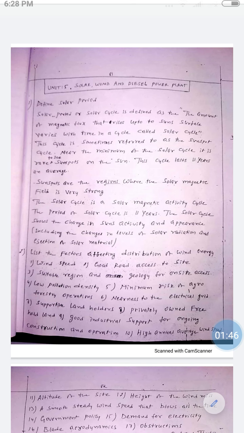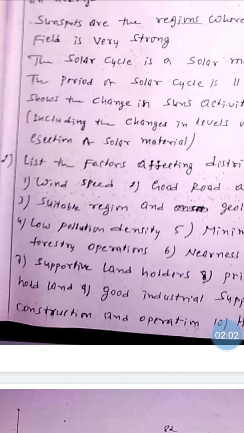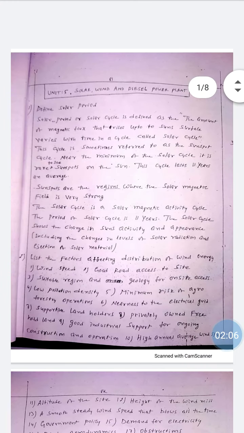Wind speed, load, good road access to the site, suitable region and geology for on-site access, low population density, minimum risk of agroforestry operations, nearness to the electrical grid, support of landholders, privately owned freehold land, good industrial support for ongoing construction and operation, high annual average wind speed,